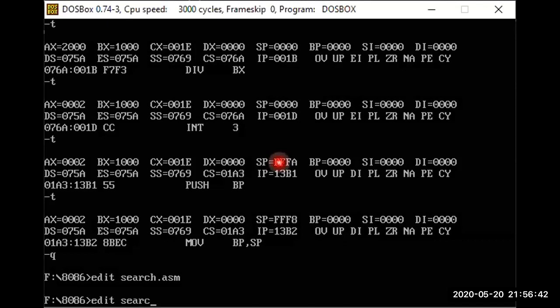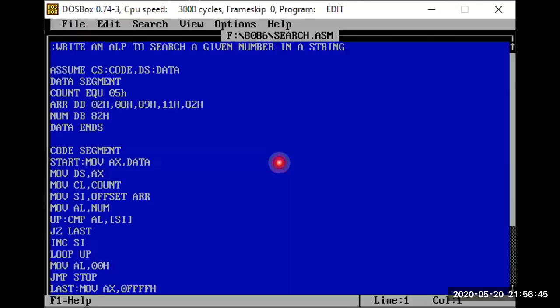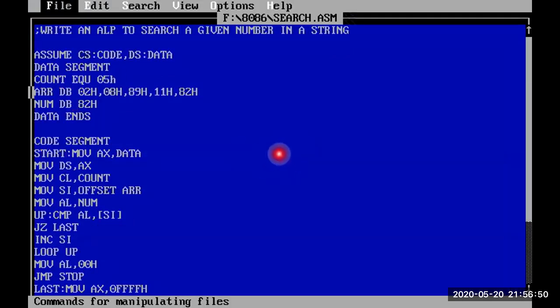Edit search.asm. So if you see, I initialize CL as count, and next this is having the data segment address. This is starting from 00H. By default, this will start from the address 0000. Suppose if you initialize org as some 2000, so these values will be starting from 2000. So that means in 0000 this value will be saved, and 0001 8 will be saved.